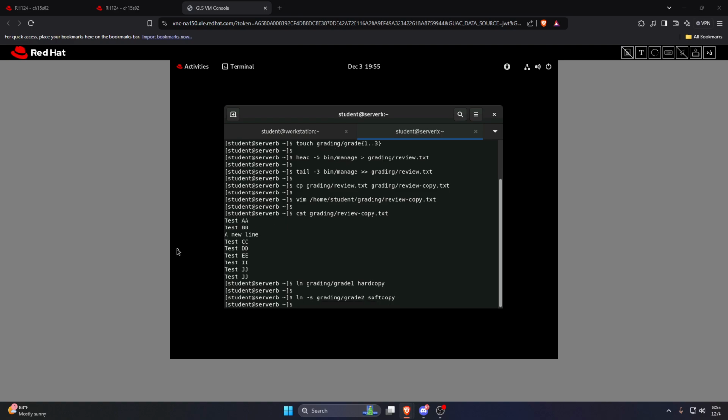So the hard link is called hard copy, and that is the argument we need in this command, and we link the hard copy to grade.